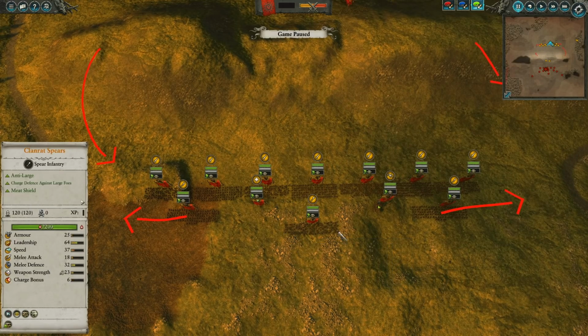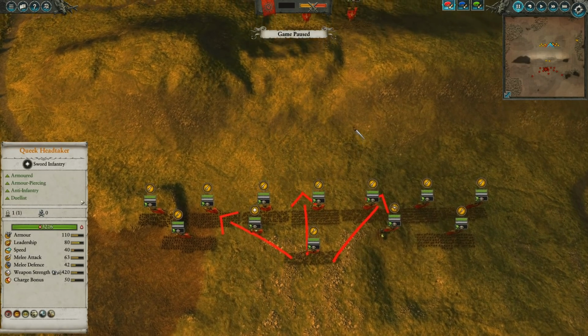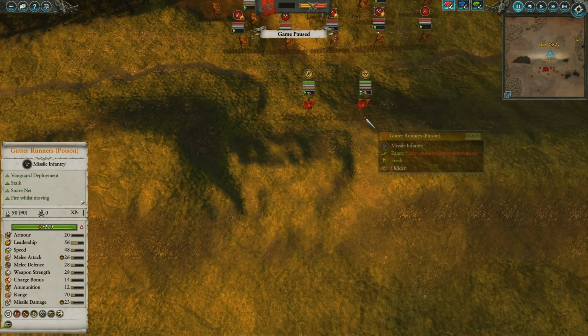Meanwhile, in the center here, we do have the Clan Rat Spears as sort of auxiliary anti-large units, able to dive in and once again, try and scare off the General of the Empire or any other large units that might come charging through. Up front, as you saw earlier, I do have 2 units of Gutter Runners with poison,